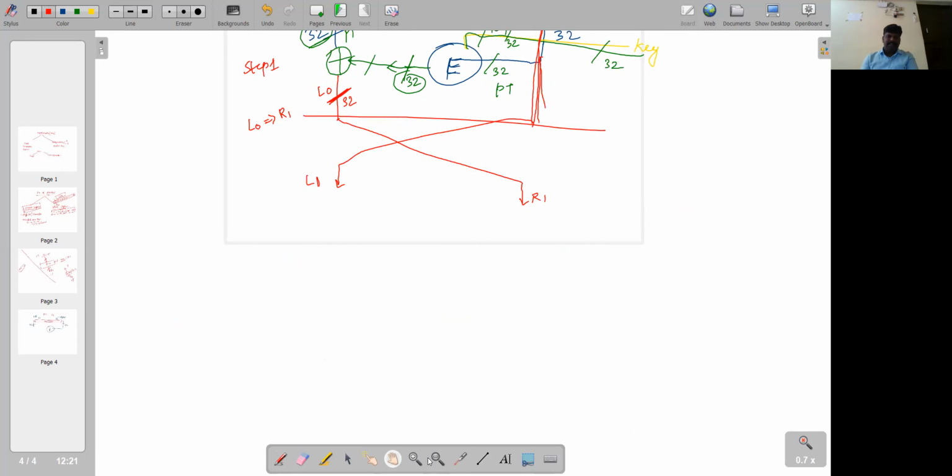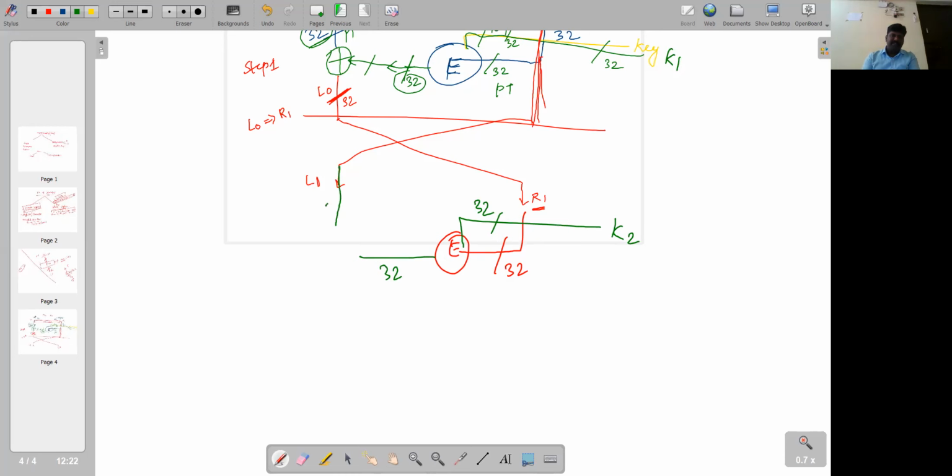Okay, now I'll elaborate a bit further. Whatever data we have in the right half for step 2, which came from the left of step 1, we swapped the output. Now this will again be applied to the encryption function. The size is 32. Again, here we'll have the key. Let's assume this is key 1, and this is key 2. So this is 32-bit, 32-bit, which will produce again 32-bit.